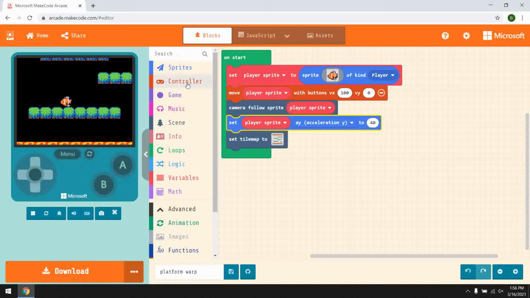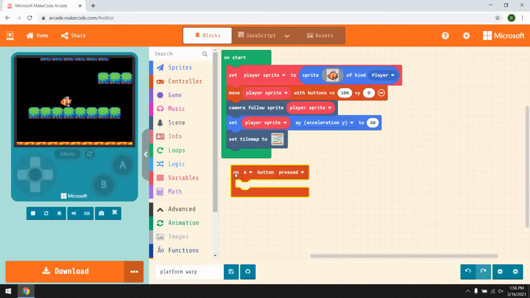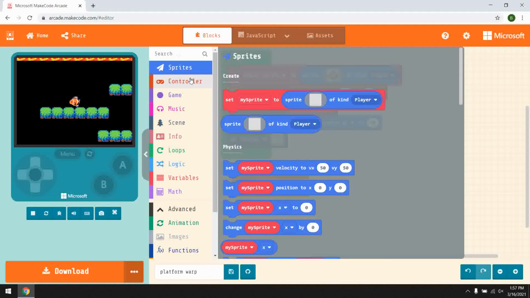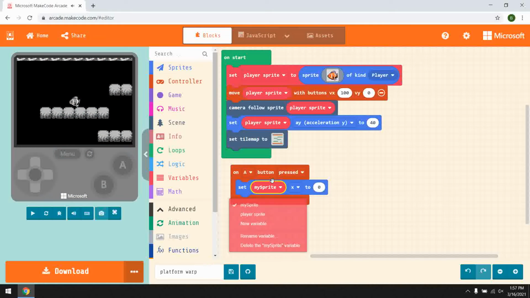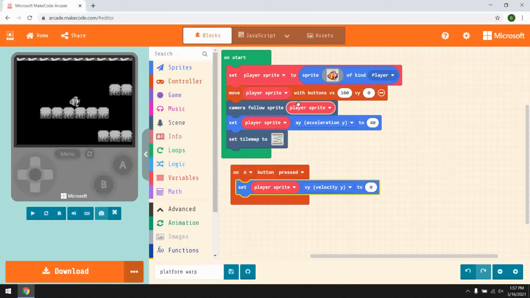I also want to be able to jump, and that is a button command. So I'm going to go over to controller, on A button pressed, which is, you can hit the space bar too. You can either hit this A over here or hit the space bar. Well, we need to give you a positive velocity facing up. So I'm just going to use that same block. Set the player sprite velocity. So I'm going to VY, velocity in the Y direction,